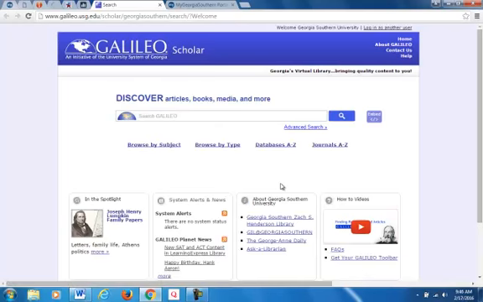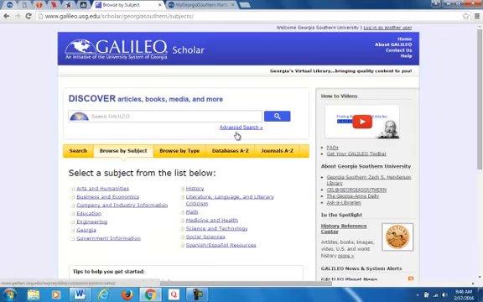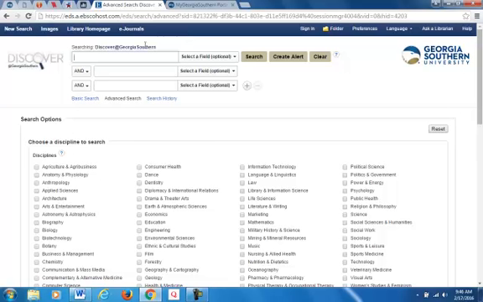What's good about Galileo is that you can actually click on scholarly articles to find the good material, the ones that have accurate information. So I'm browsing, trying to find some articles about performance drugs.